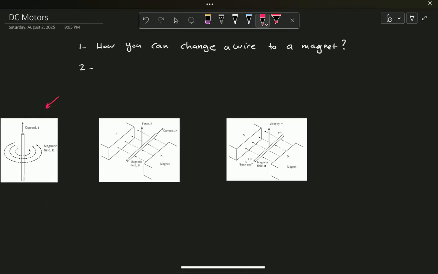So I have this question for you guys. What happens if you put two magnets adjacent to each other? Well, have you guys done it before? If you put two magnets adjacent to each other, you would see that they will interact with each other. They might attract each other or they might push each other away. Okay, and that's exactly what's happening